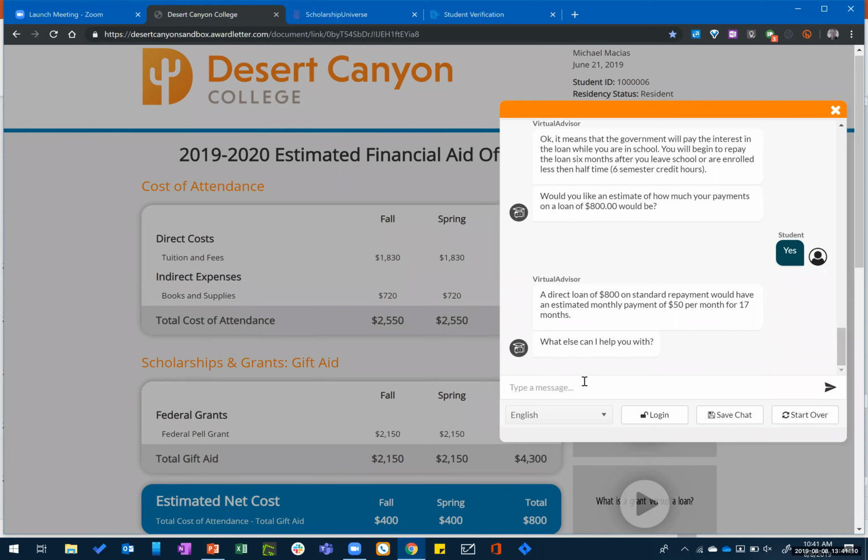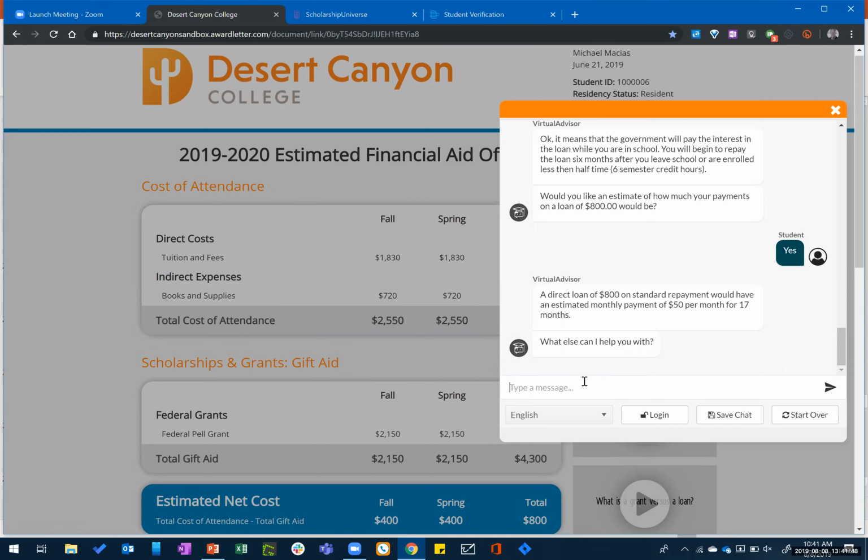So that's a quick demo. I know we have some questions to go back to here in the chat, but that's the basics of the chatbot in the Virtual Advisor. So, multi-language support built in, the ability to leverage other products or other data without a huge lift in integration, authenticated users, so it's a personalized message, personalized responses to the student, and then the ability to actually proactively guide a student to where they need to go. So those are some of the key things.